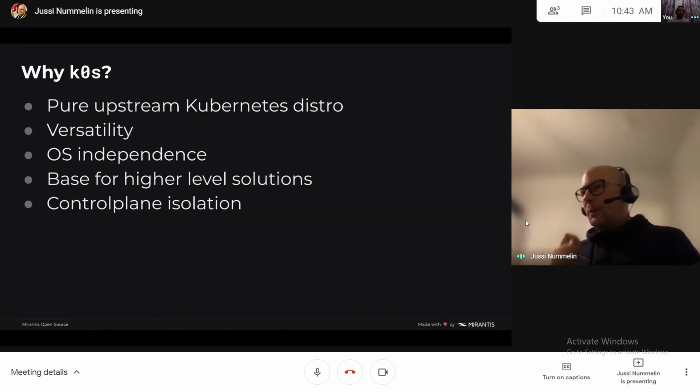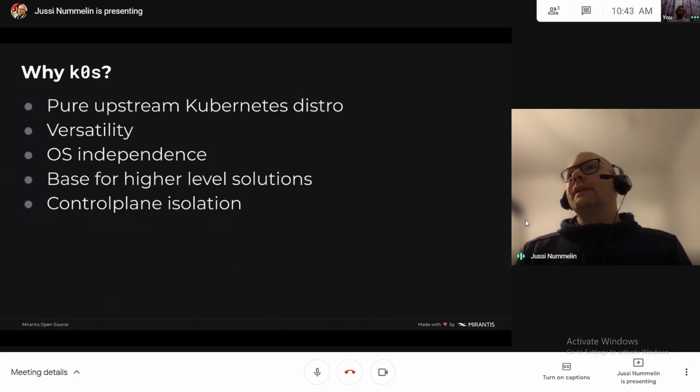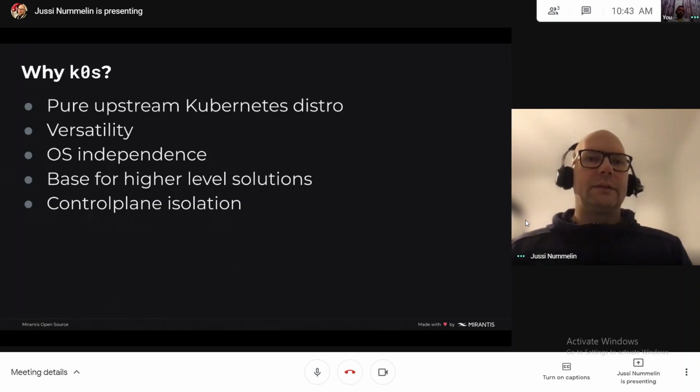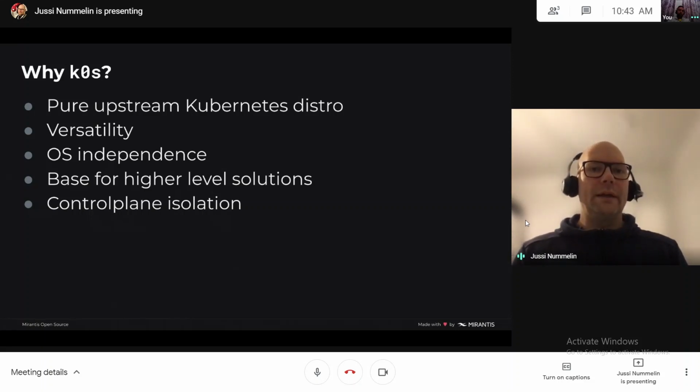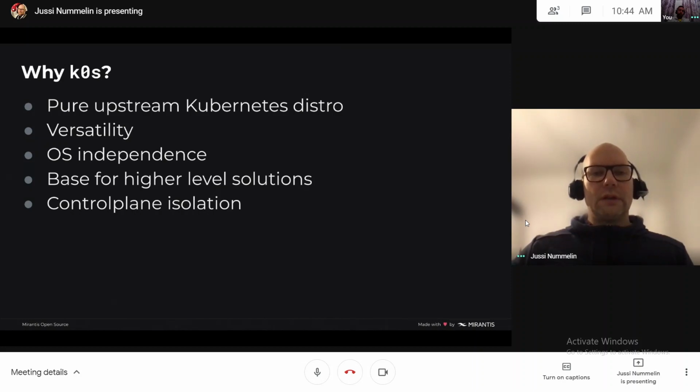And while doing that, our thinking was that yeah, we want to take Kubernetes into that world, but we want it to be pure upstream Kubernetes. We don't want to maintain a fork of Kubernetes. Maintaining a fork of something decent in size, and if you look at the Kubernetes code base, it's a huge monster, so we definitely didn't want to start maintaining a fork of Kubernetes.